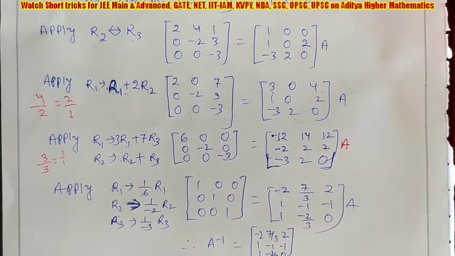So here you only have to do 3 steps to make 0. First, we are making column 1 element 0 by changing R2 and R3, and we are using R1, which is non-zero. In the second step, we are making R1 and R3 0. We are using R2. And in the third step, we are making R1 and R2 0. We are using R3. So these 3 steps you have to remember.